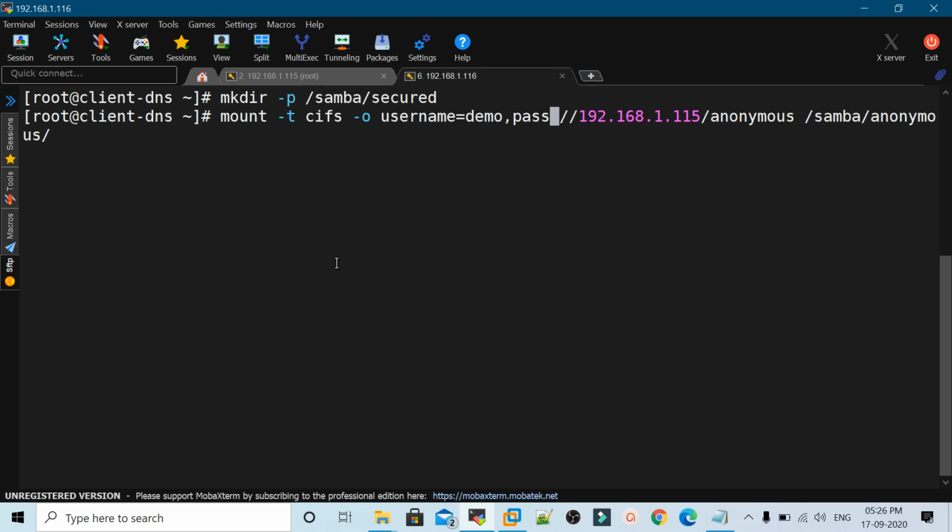We will define the password as well: password equals redhat, then two slashes, the IP address, the share name is secured, and the destination where we want to mount it. So the destination is /samba/secured. Press enter. So here it is mounted.